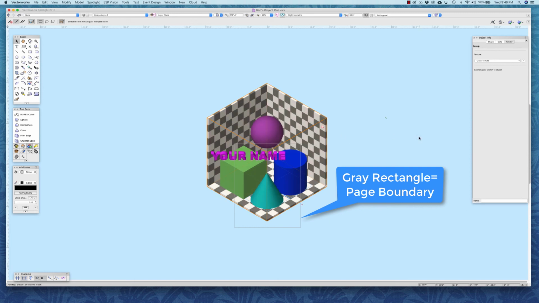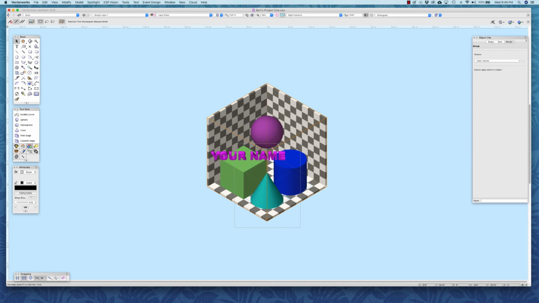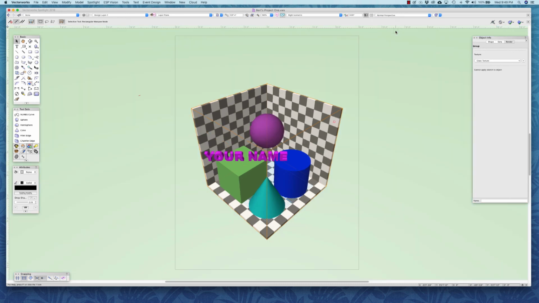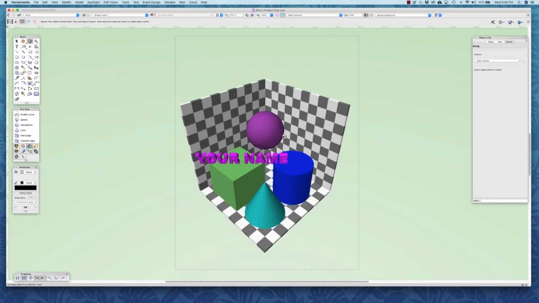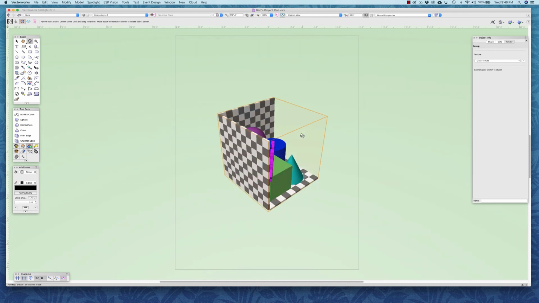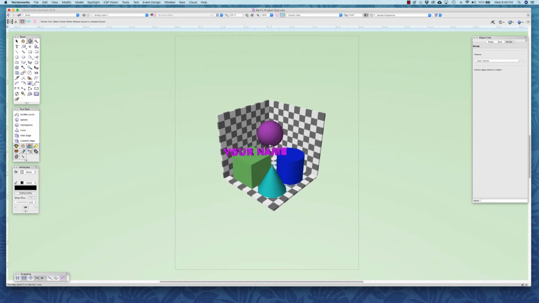So that I can see how the model will fit on the page. We've been working in orthogonal projection this whole time, but now let's switch to perspective. Your model may not look anything like this. Yours is more likely to look like that or something. So use the flyover tool and zoom with your mouse in order to